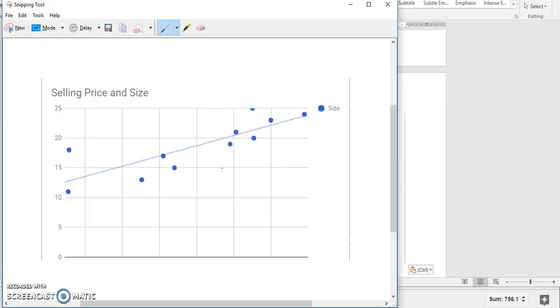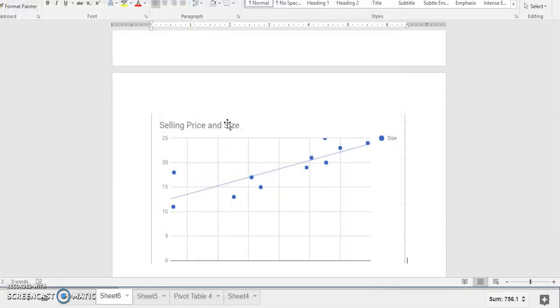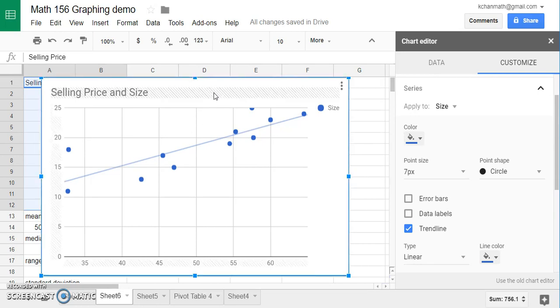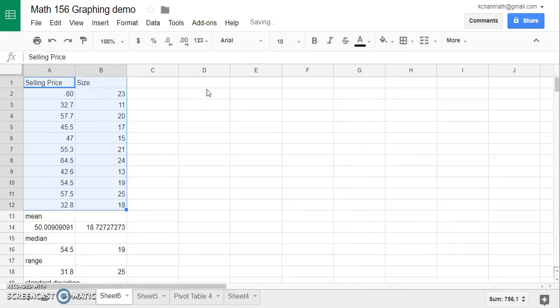Okay, and then let's go back. Let's disable this. Then where's my Google Sheets? Over here. And then the last thing we want to do, once you're done with this, you can delete it,